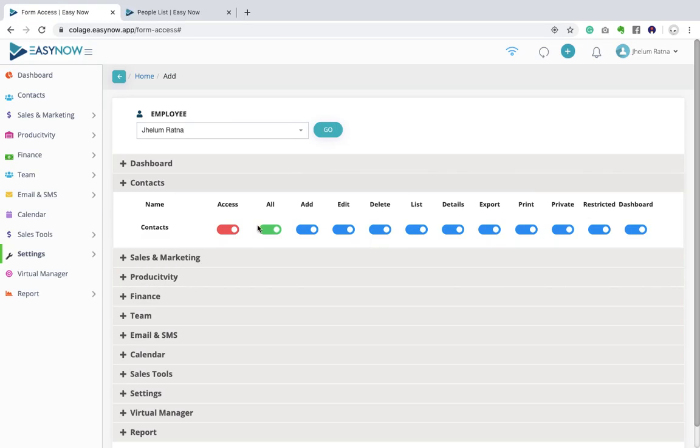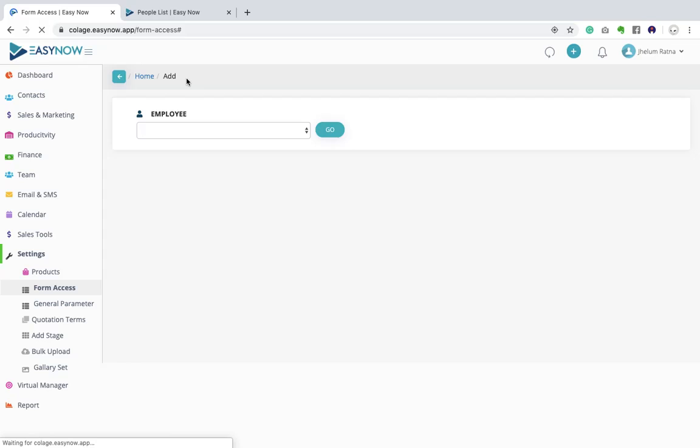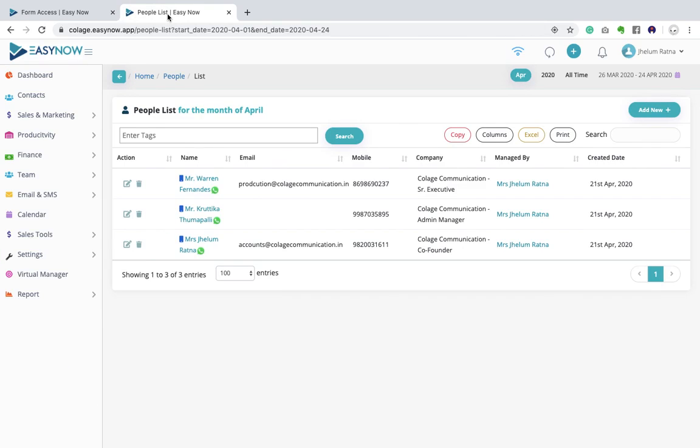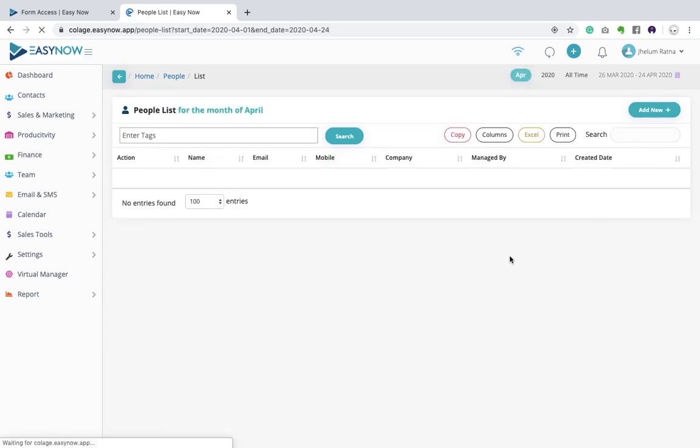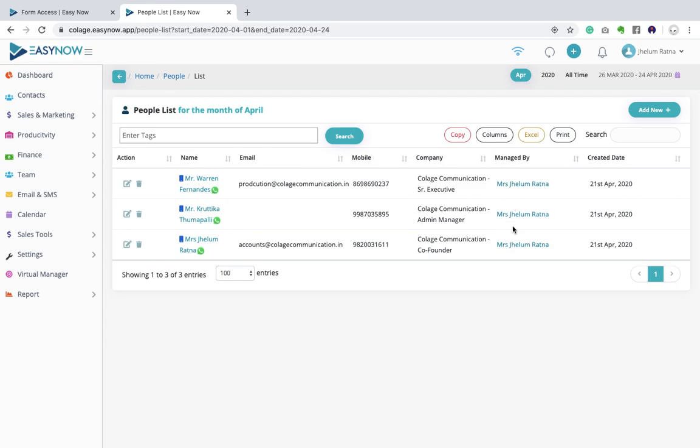Now let me mark this as restricted. See, I can only see three contacts over here because these three contacts are managed by my login. So I can only see three contacts over here.